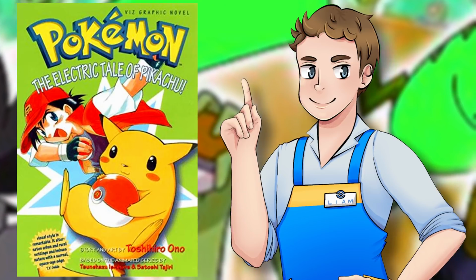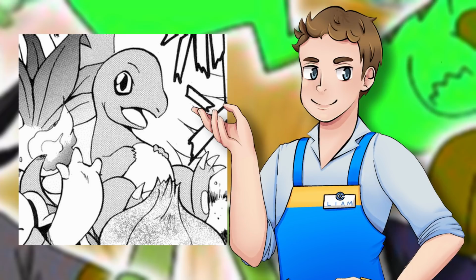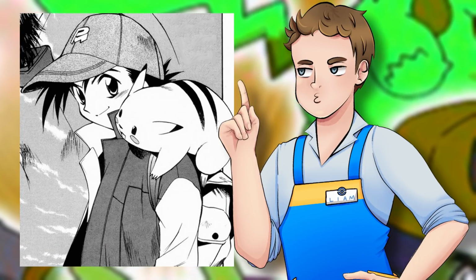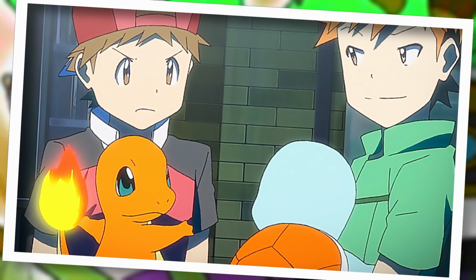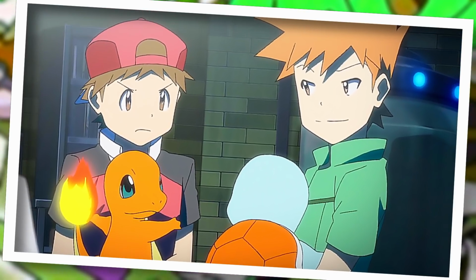Now, in the Electric Tale of Pikachu, Ash is stated to own a Charmander, however it is unclear where it came from outside of Ash just catching it himself, which this is Ash we're talking about, so I don't know about that. Meanwhile, in many people's eyes, one of the greatest trainers of all time, Red, had picked a Charmander when his journey first began as seen in Pokemon Origins,